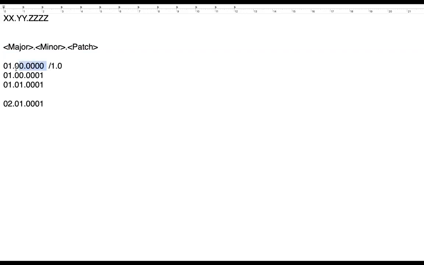When you change the version from this one to this one, the URL will also remain the same. If you change the minor version, then also your version will remain the same in the URL. But when you change the major version, the URL will change and the URL will have the version 2.0,